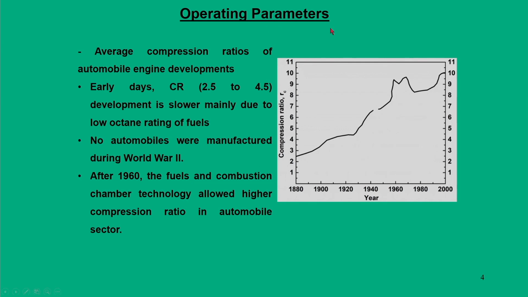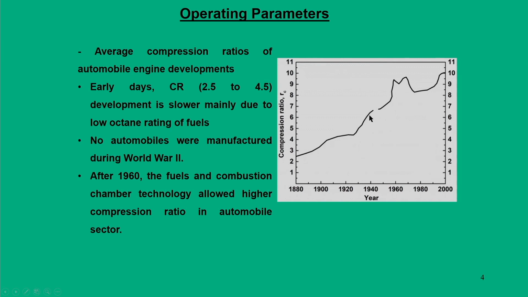So, let me start with the first topic, that is engine operating parameters. When you discuss the operating parameters, the first parameter that comes in is the compression ratio, and in fact, the compression ratio mostly decides the size of the engines. If you look at this particular plot, in the earlier development the engine started in the 18th and 19th century with a compression ratio in the range of 2 to 3. Then subsequently with time people tried to increase the compression ratio.